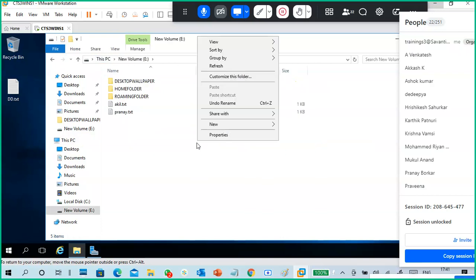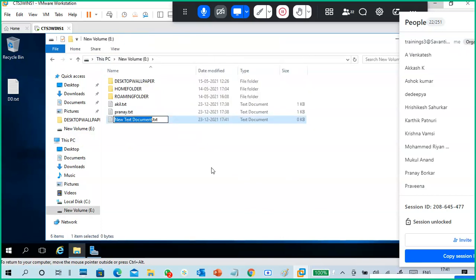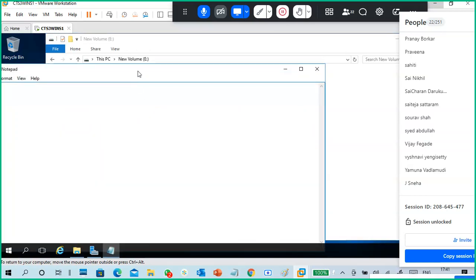Okay. Now I'm going to create two more files after enabling. So tell me some easy names. Vijay. Okay, I choose easy names, so then it is so easy to type.